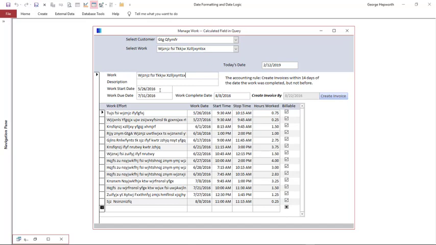This is the work, and as we saw from the report, it was started on the 26th of May. We originally thought we were going to be done on or before July 31st. We came back and recorded it was completed on August 8th. So now we have this late completion, and we're going to try to figure out what might account for that by looking at this subform. And in this subform, we have all of the work details that go with this project. And scrolling down to the bottom, we see